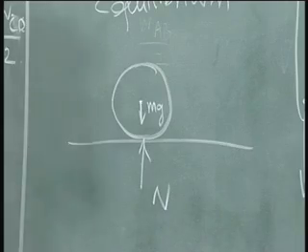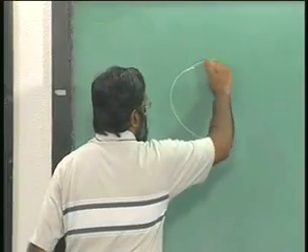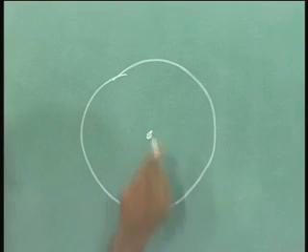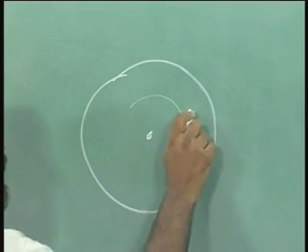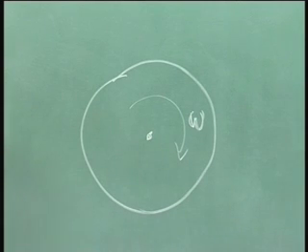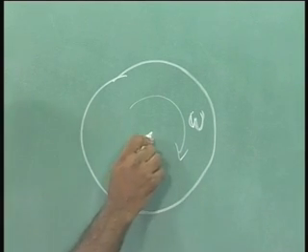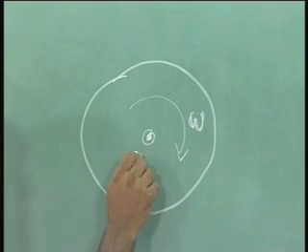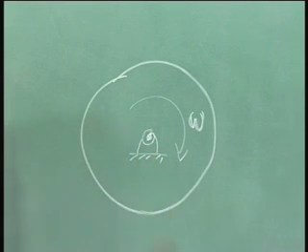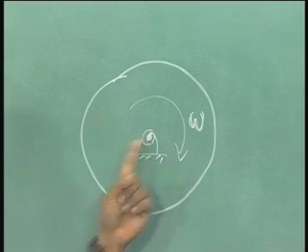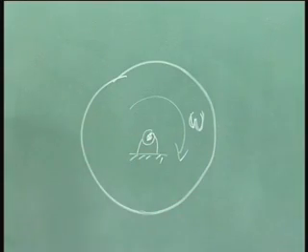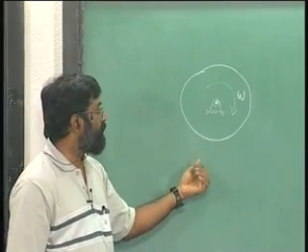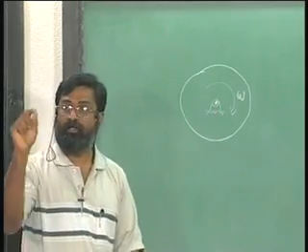Another interesting example is this, which is a wheel. This is a wheel, okay, and let us say it is rotating with an angular acceleration, angular velocity omega, okay. At this point, can I find out the force acting on this if this is an axle? For example, I am just going to make it a little easy to realize. Let us say it is hinged on an axis, and this is rotating with an angular velocity omega, okay. Since it is rotating with an angular velocity omega, and this is a point on which the support is existing,